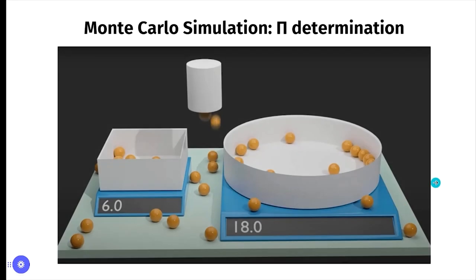So in this simulation, we have a marble dropping device that moves randomly above the table and drops the marble. Above this table, we have two boards, one of square cross section and one of circular cross section, with displays on them, which display the number of balls in the respective holes. If we let the simulation evolve for a longer time, then we see that the ratio of the number of balls in the circular cross section to the number of balls in the square cross section comes closer to